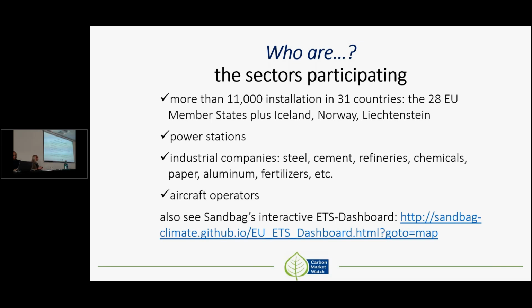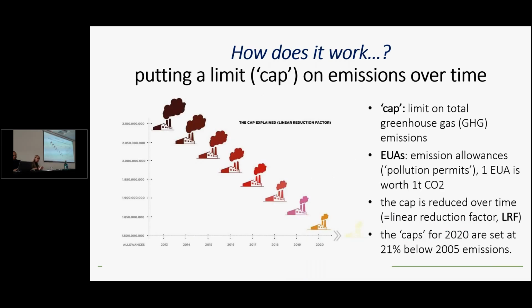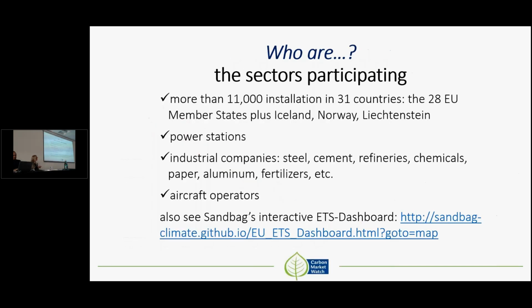So how does it actually work? We've tried to put the basic principle into this graph that's also in our guide. It works by putting a limit on emissions over time. Here you have the years, and here you have the total allowances in the system. So you have a limit put over time, and this limit, and that's important,